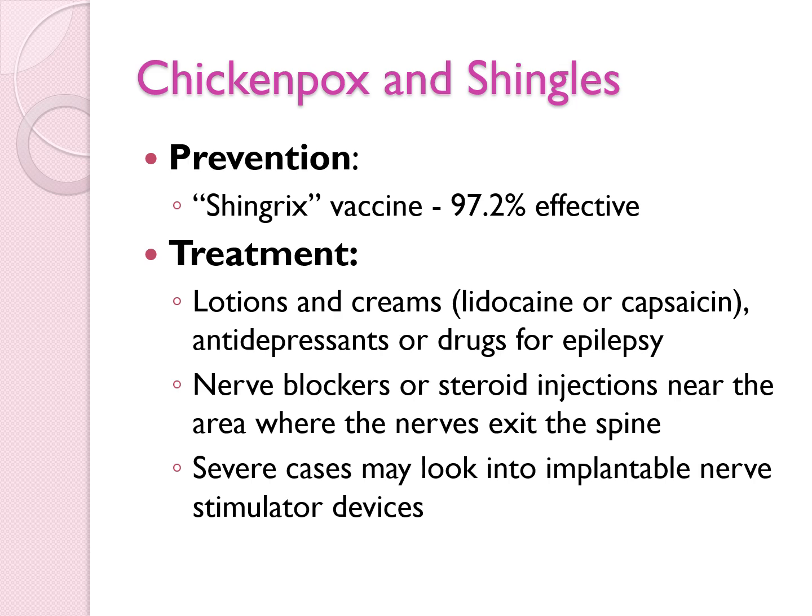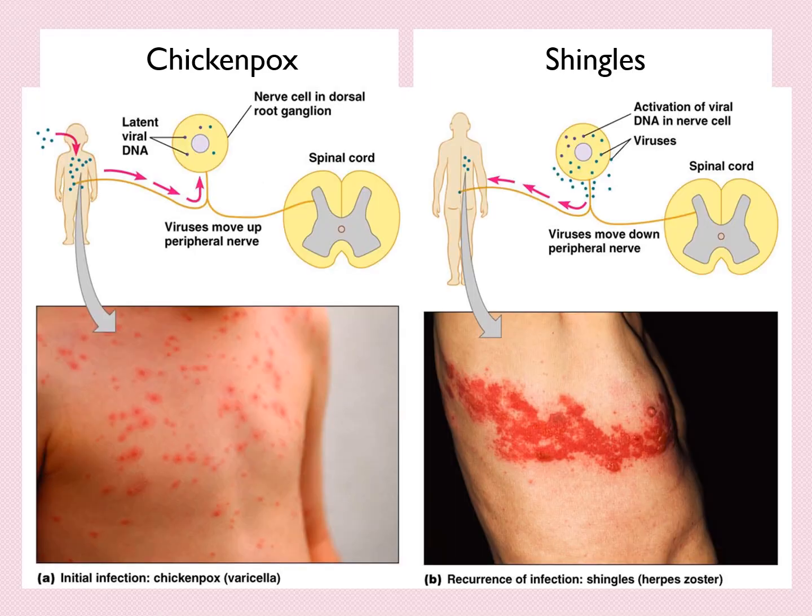Then when shingles pops up, it rides one of those nerves, and that's why we have that asymmetrical appearance. It's just on a nerve, and rides its way out, so across your head or across the trunk of your body. So let's look at a picture of that. We've got chickenpox on the left, and that is covering the trunk of this young individual's torso. And then we have shingles, where we can see that it's all in almost this perfect line going across this